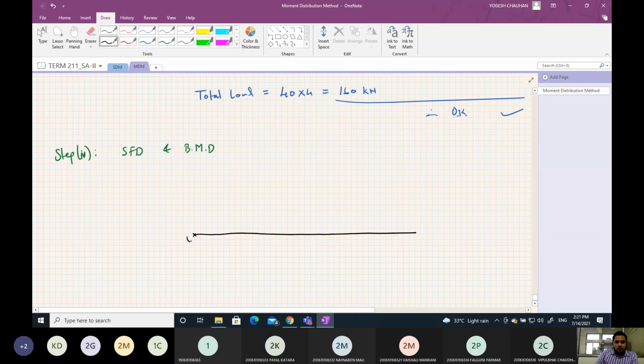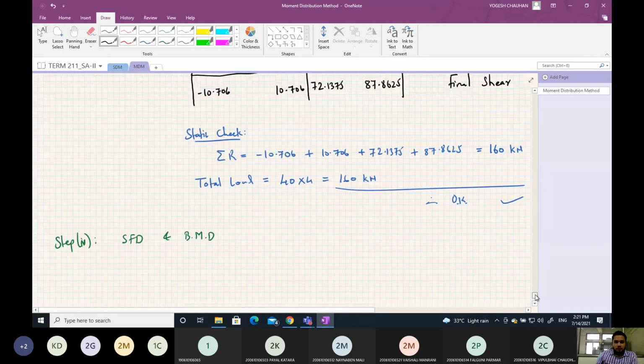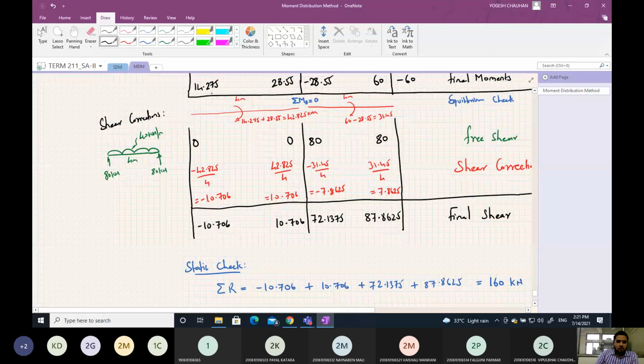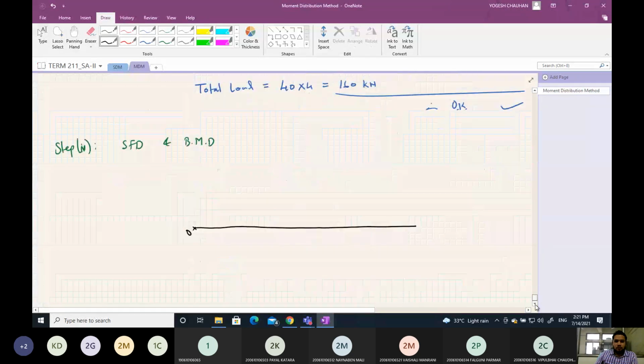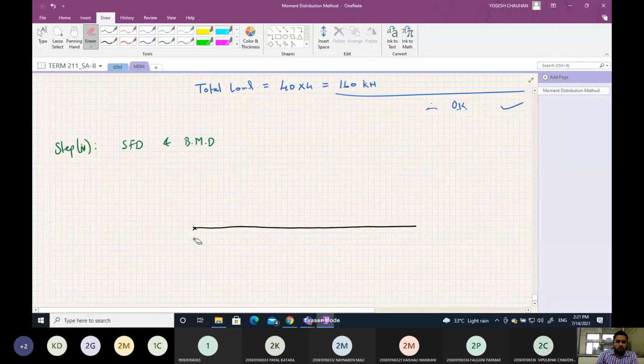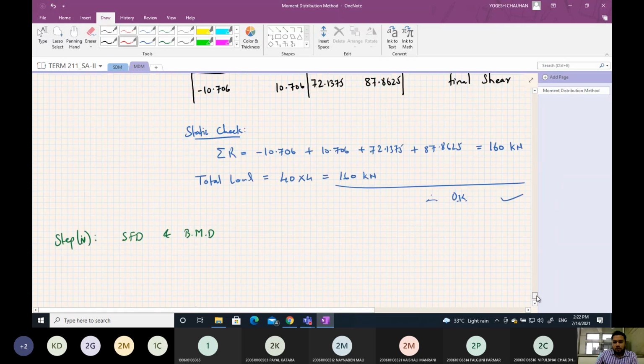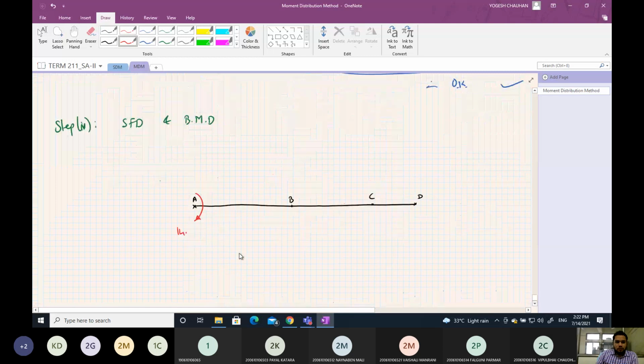Bending moment at A: on the left of A it is 0, and just right of A it is clockwise 14.275. Let me just write the moments. This is point A, B and C, this is D. So the moment at A is clockwise 14.275,